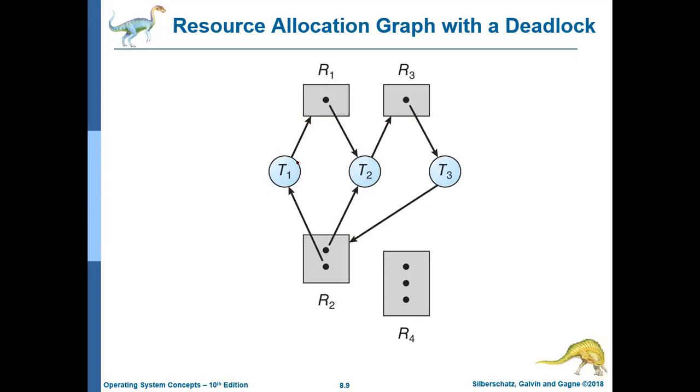After T1 execution, T1 will release R1 and R2 both. Now every resource is free. Now after T2 and T1, T3 can run. T3 can run easily. T3 will get R2. So here no one is sacrificing whatever they are having. That's why it is a deadlock situation. So whenever you get any cycle, you have to check whether we can find a sequence of processes in which they can run or not.